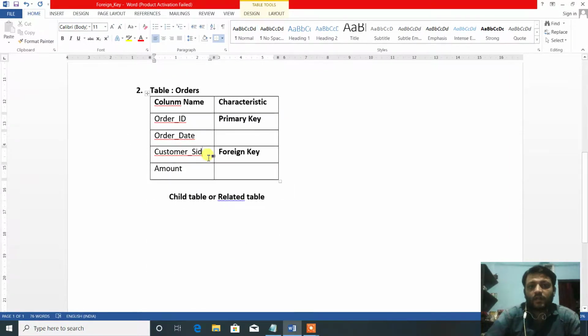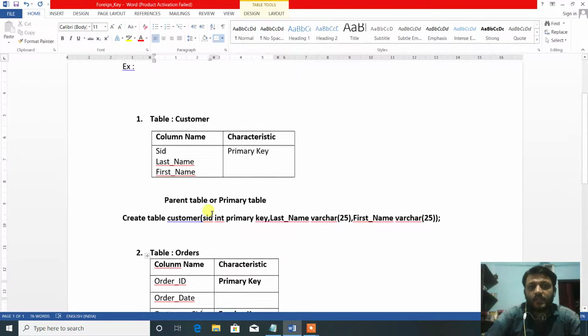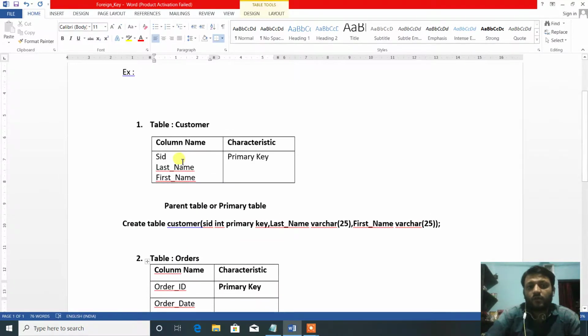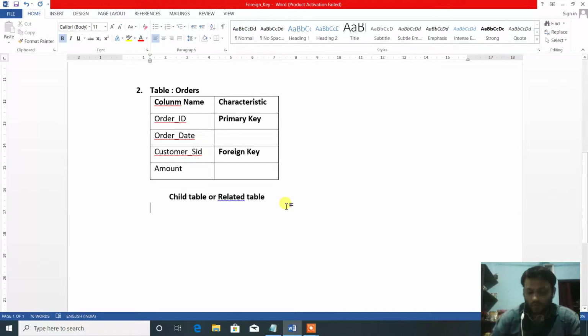It means the user cannot insert a new SID. Actually, the user can only insert existing records which are available in the customer table. He is not able to insert a new record into the customer SID. So first we know how to create the foreign key.